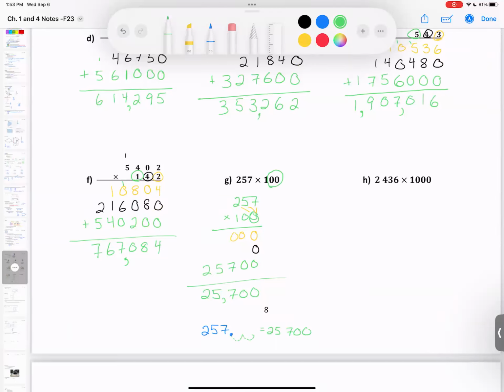Same with the next one. So we can either do this the long vertical way, or we can think of it as we're going to write down our number here, 2,436 that we started with. We've got a decimal place here. Now we're multiplying it by 1,000, which has 3 zeros. So that means our decimal place is going to go 1, 2, 3 over to the right, which is going to leave us with 3 more zeros in our answer, which gives us 2,436,000. All right,